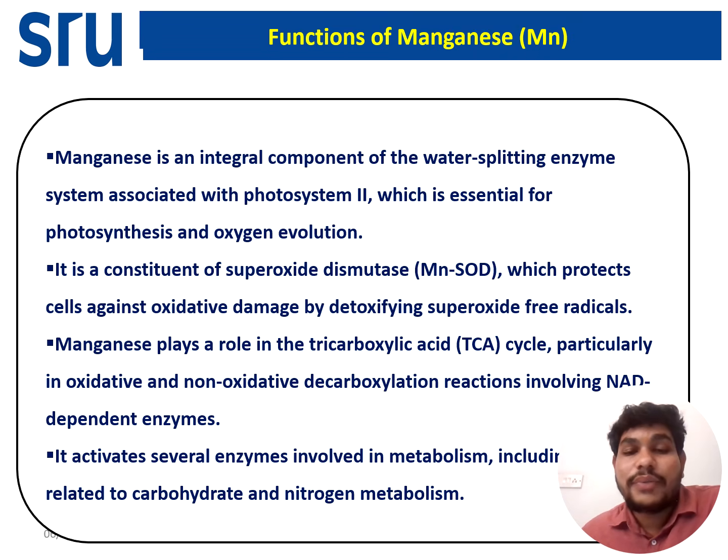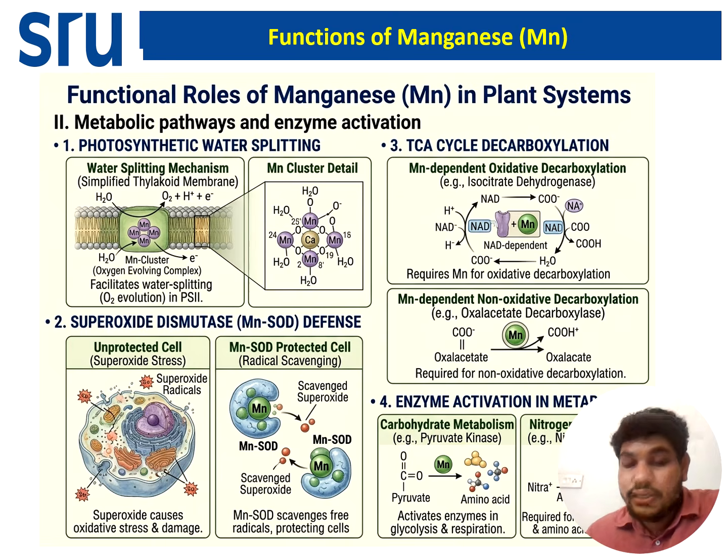Then manganese also plays a major role in the TCA cycle, that is the Krebs cycle, and activates different enzymes which relate to NAD. It also plays a major role in carbohydrate and nitrogen metabolism. We'll see here in a diagram. This is the water splitting mechanism in the photosystem II cycle, and this is the Krebs cycle, where manganese is responsible for the